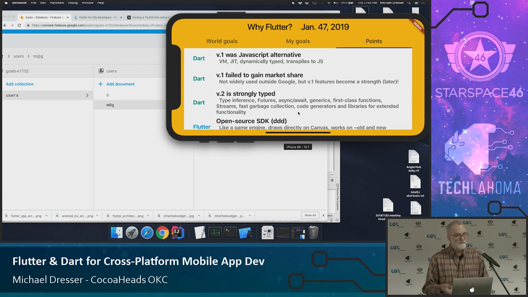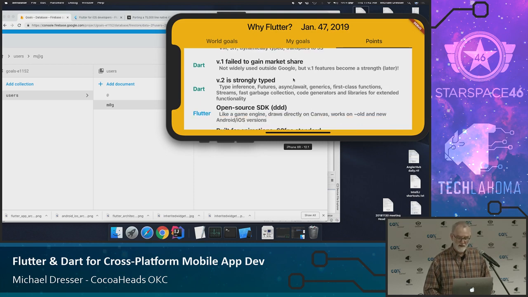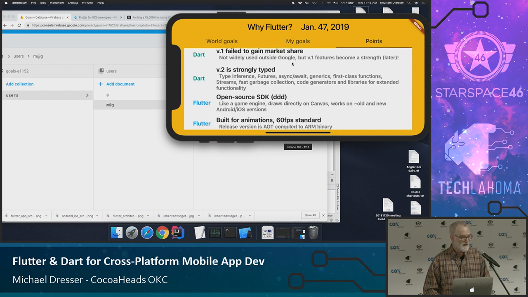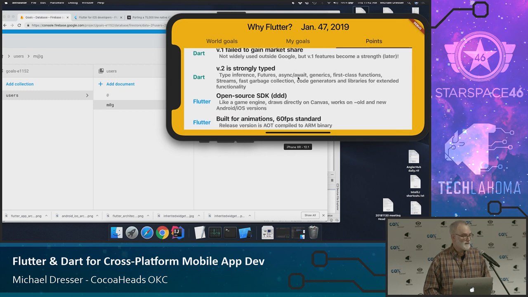But when I first started doing my homework to decide whether I wanted to use Dart or Flutter, it was clear that it was getting very popular within Google and not only because they worked for Google. That is to say, it's a very friendly, easy language to use. It was meant to be that way. That's what they were trying to do, was draw in developers. So all this virtual machine and just-in-time compiling didn't work out for them at the time, really, but turns out to be a real strength for where we are now, and I'll get to that.